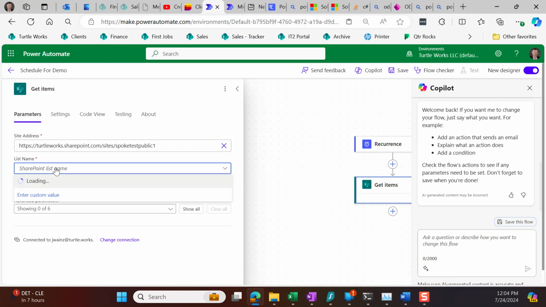And then when we click here, it's going to look in that site for all the lists that would work, and there's only one list there called clients call list. So we've now connected to the site where the list is, and we've now connected to the list in that site. The only other thing that we need to do is